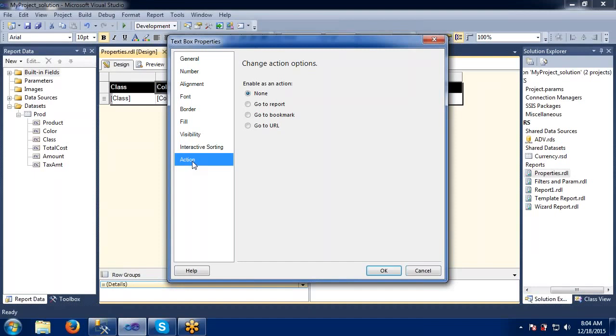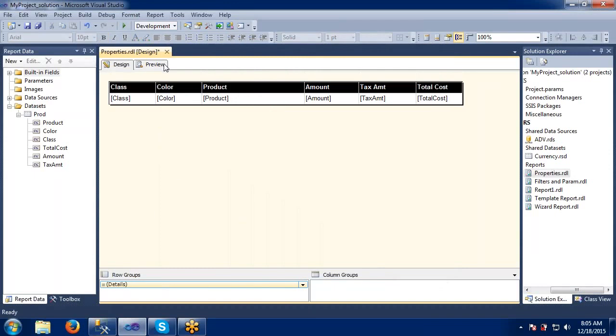So there are some action icons on the reports which need to be taken care of in some situations. Let's say I have this report. When I click some column, I want to open some website here. So in that case, what happens is go to URL, http, some column here. I would like to open some website when I click something on the column here. So in that case we can specify on this. Okay, I have given it on the color here. Let's see.